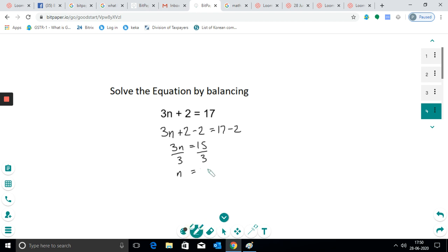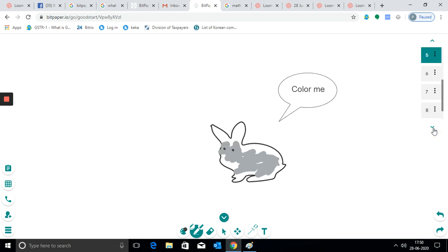We can screen share, and the students can answer this question. This way it is very useful for teachers to teach online using this whiteboard.